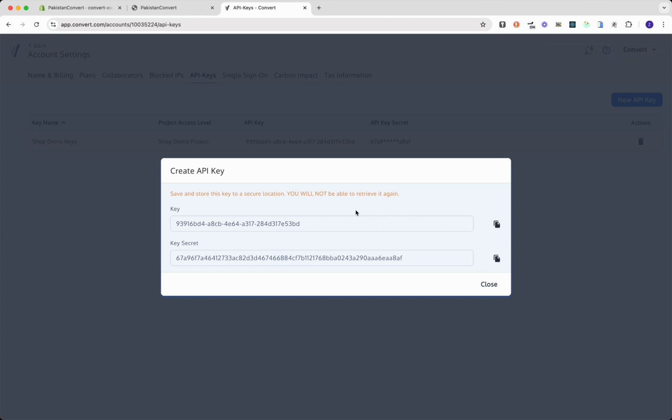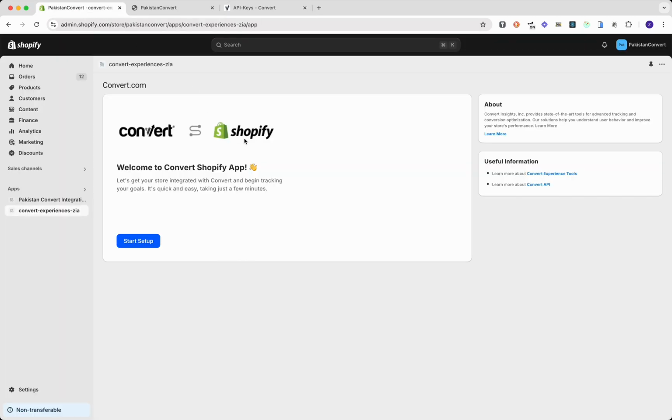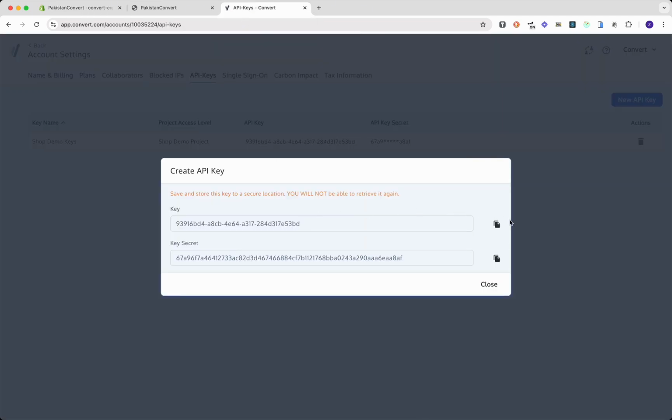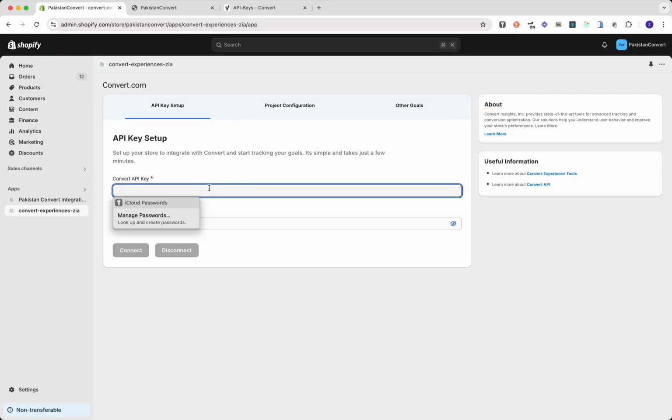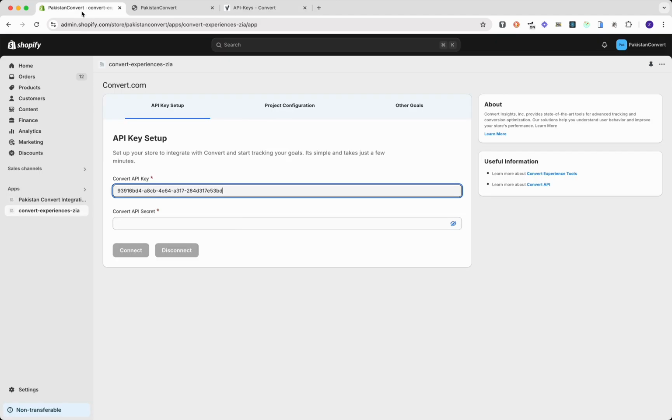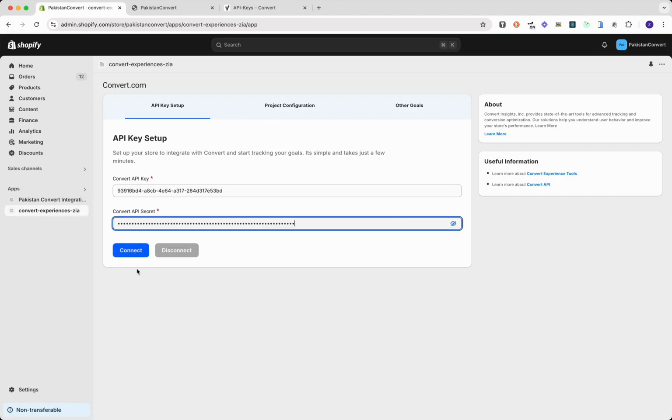Now it's time to start the integration. Let's go back to the store where the Convert Experiences Shopify extension is installed and click on the Start Setup button. Next, let's copy the API key and the API secret. So I'm going to copy this by clicking on the copy button, paste this here, and now let's similarly copy the secret and paste this here. Let's click on the connect button